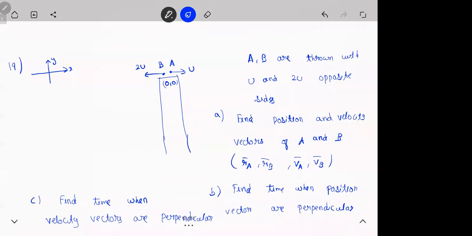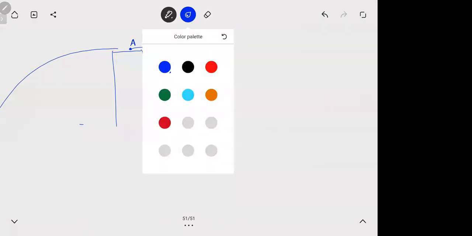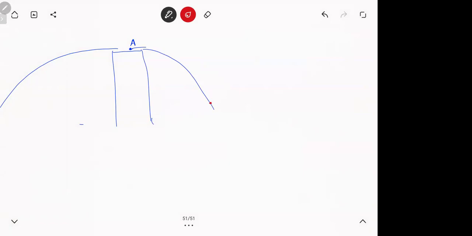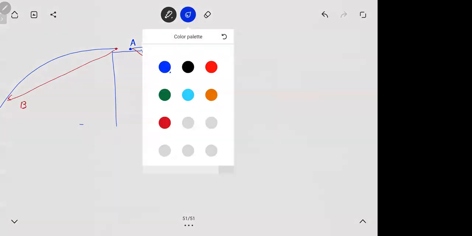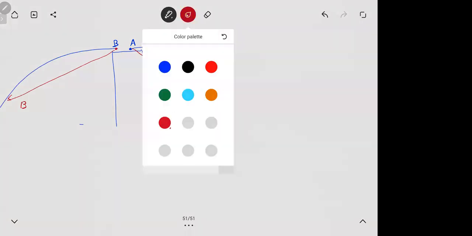See, what I'm asking now. You throw it from here, so you will go like this. This will go like this. You know what I'm asking? When I say position vector, this is the position vector. This is the position vector. What is the position vector definition? The vector from initial point to the final point, no? Line joining initial point to final point is the position vector from origin, say. And the question is when these two will be perpendicular.